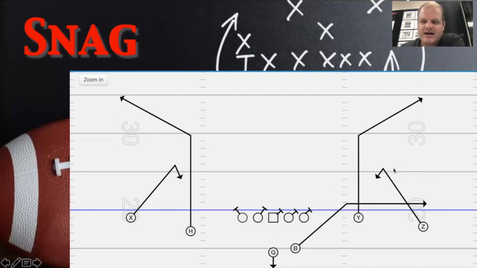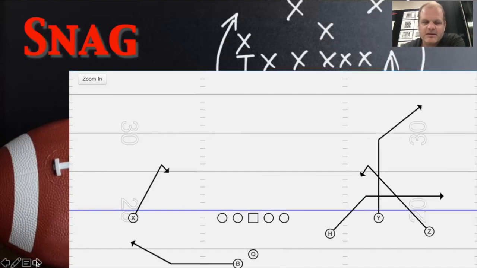So snag is just a high to low. Sometimes it's called the spot concept as well. It's the same thing. Just see, you're looking high to low. Running back's got, again, what we call a shoot route. So if you want to do something else, smash over here, go ahead. I just showed a mirrored version. And again, if you do it this way, the quarterback wants to look to the running back side though. So there it is out of